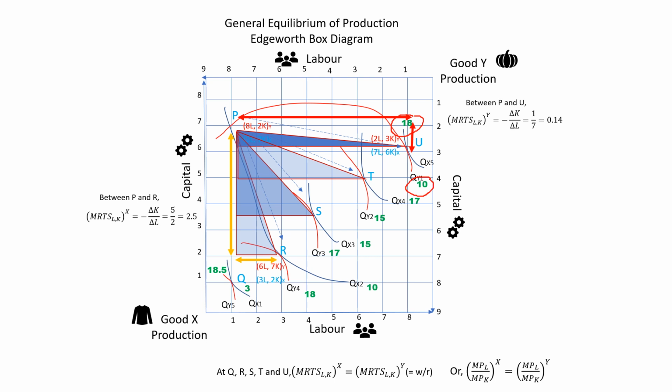So if we move from point P to point U, we are able to extract the largest amount of labor from food to clothing, and so therefore we are able to increase the output of clothing from 10 to 18, whereas the amount of food production stays constant at 10. So this is the other extreme possibility wherein we only have a rise in the production of clothing and we don't have any change in the production of food.